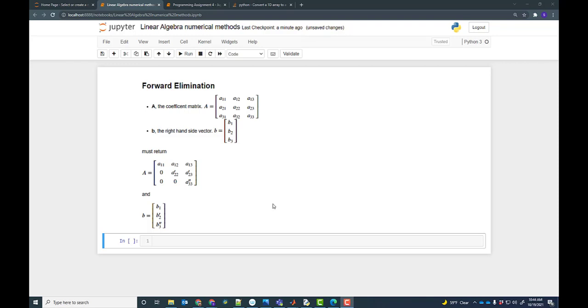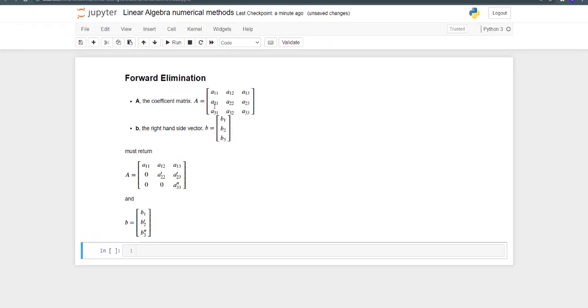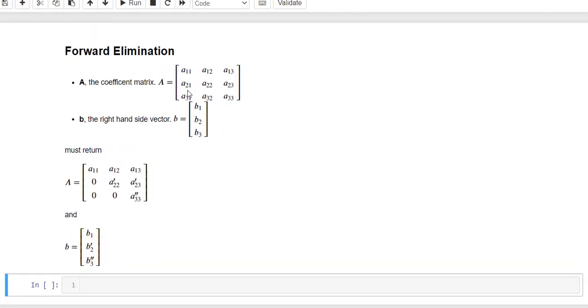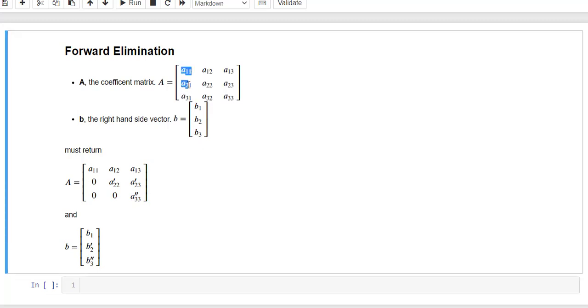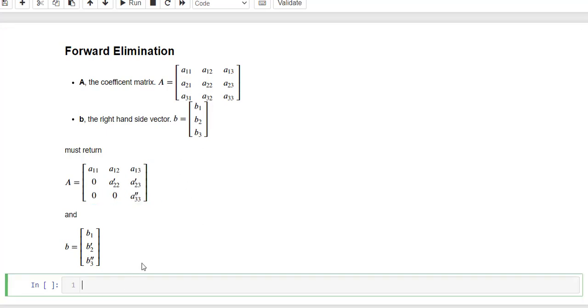In this video, let's look at how to do forward elimination in Python. Forward elimination is the following method in which, given a matrix A, you would like to convert the lower portion or lower triangle into zeros. So you would like to put it in the upper echelon form. So we need to get these terms to become 0. So let's look at a 3x3 example and then we'll see how to make the code generic.